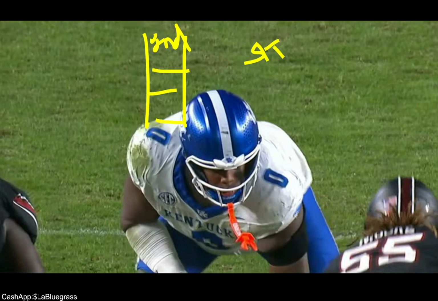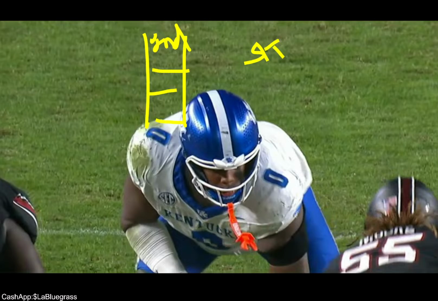Now, there are other teams, the bigger traditional powers, that it probably doesn't affect as much. But here's the thing about the transfer portal, to me, that affects us more. Here's why. When you take a chance on a guy in the portal, you can't let him go.